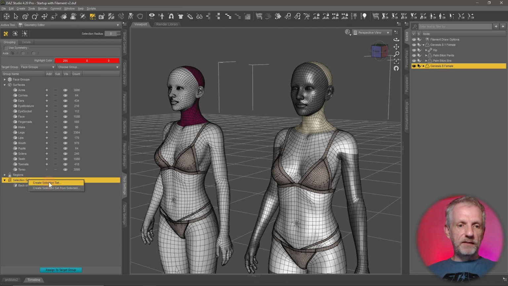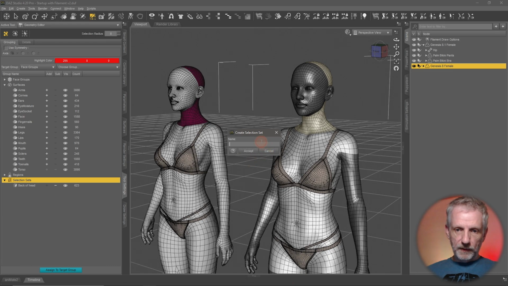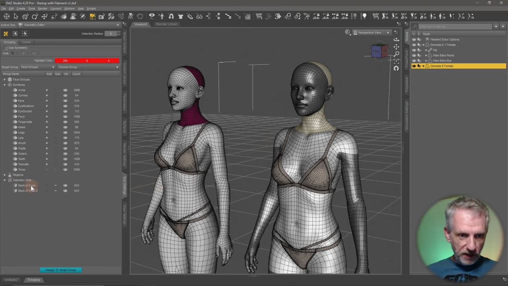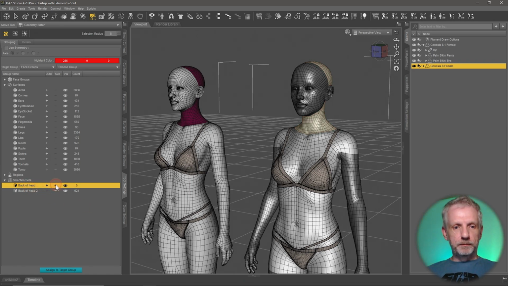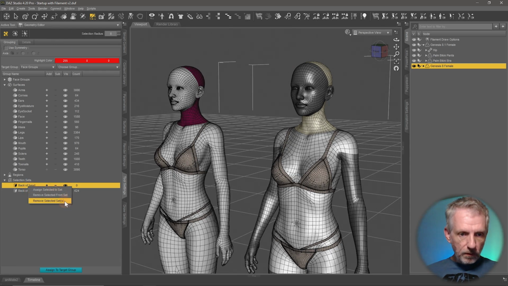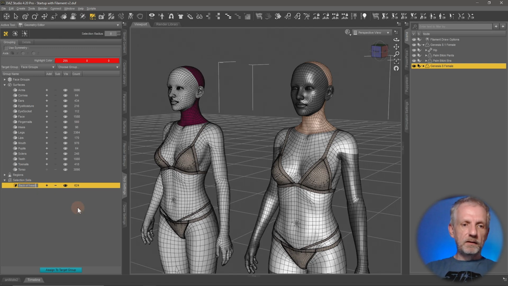Okay, let me go and save that as a new selection set here and say back of head 2, new and improved, and back of head 1 we don't really need anymore, so I'll go and remove that. Remove select set. There we go. So double clicking lets me rename these things, and with this we want to basically do the same thing but